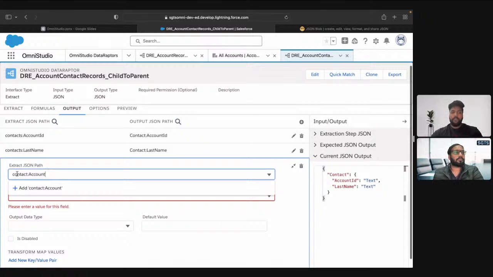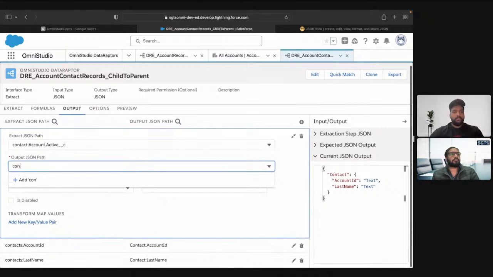So here also, till this part it is fine. Contact colon account ID. But if you want to move to some parent record field, I'm gonna use the relationship name, and after that I'm gonna add the dot operator. You have to give a bit of attention here. Till this part we were using the colon, but if you want to fetch the field from the parent record, we will be using the basic rule which applies to SQL queries, the dot operator. Here let's say I want to fetch the active field, the API name of the parent one,